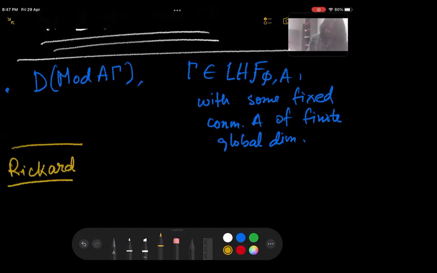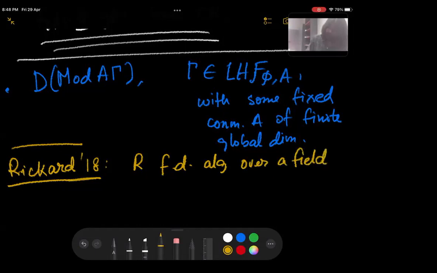I attended a talk where he unveiled this, but that talk was in 2017. The result says that if R is a finite dimensional algebra over a field, for which there is a conjecture that the finitistic dimension has to be finite, what Jeremy Ricard showed is that if you look at the derived unbounded category,